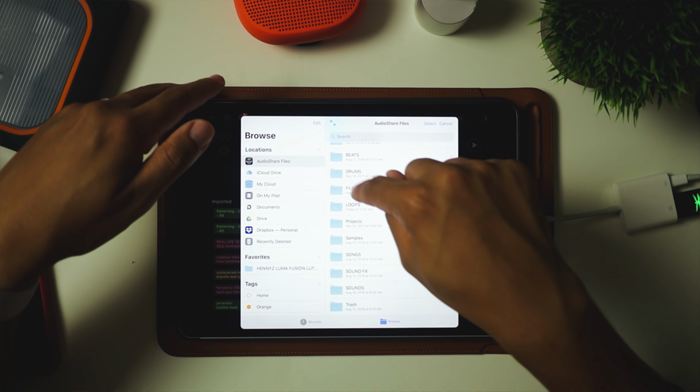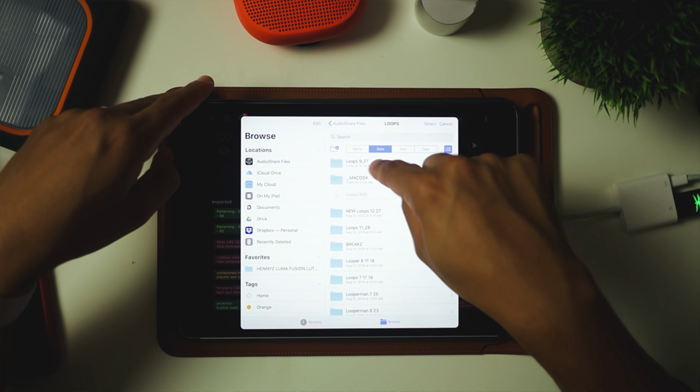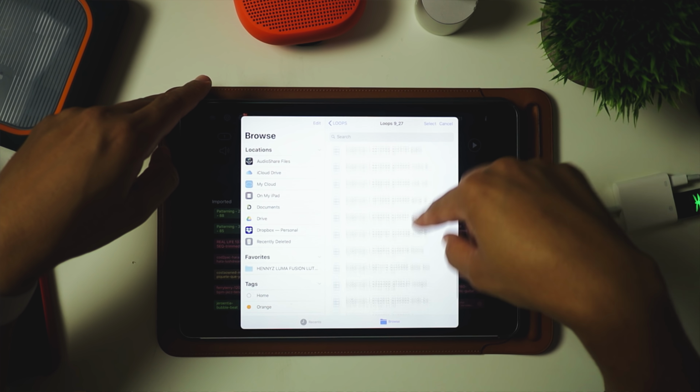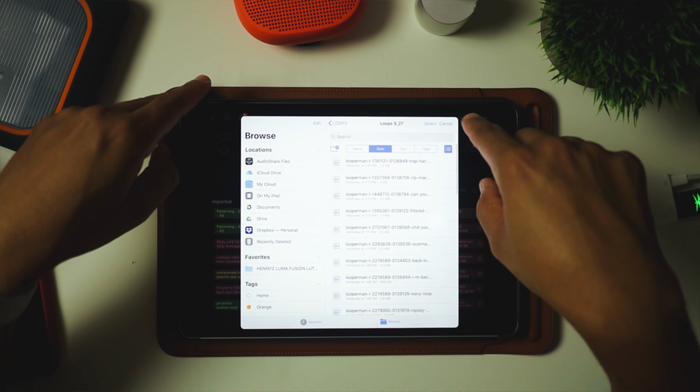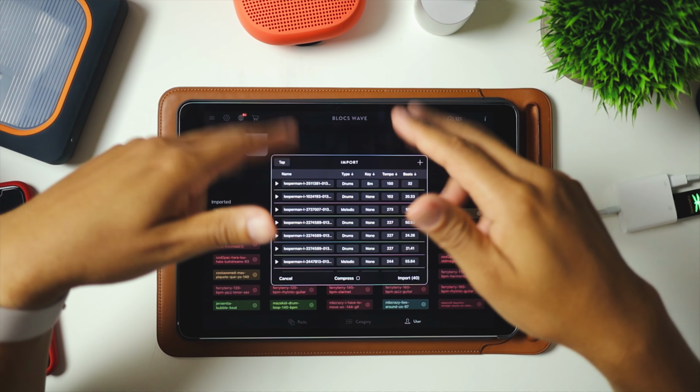So I go to my AudioShare file. I'm going to go to loops. I'm going to select this by date, and I see the loops that I have. These are all the loops that I'm trying to import. I'm going to say select all and open. Now it's going to bring up this